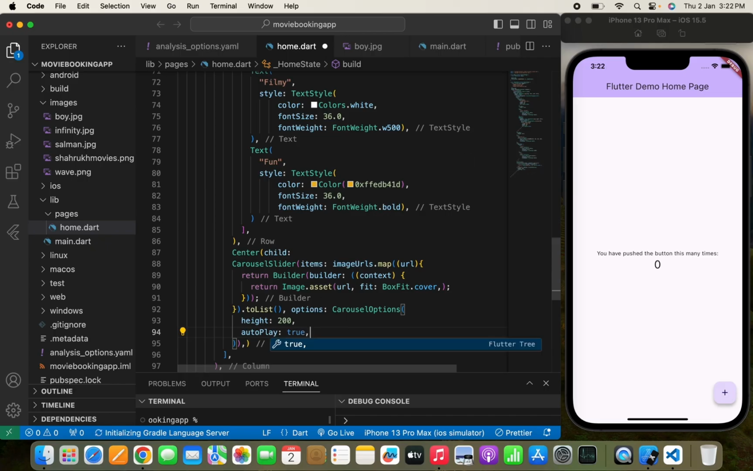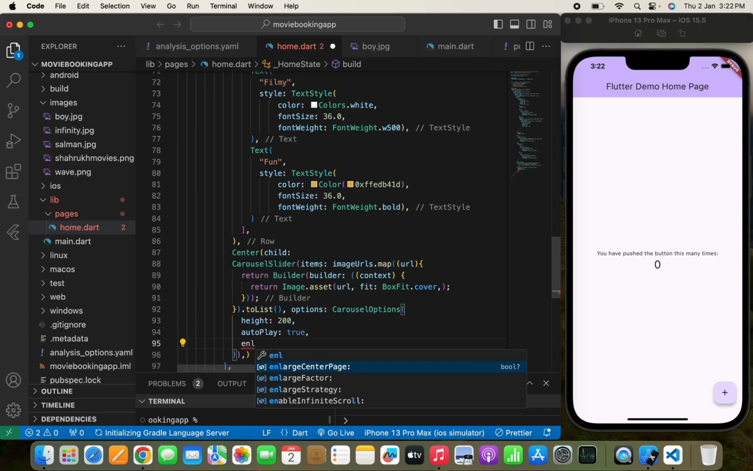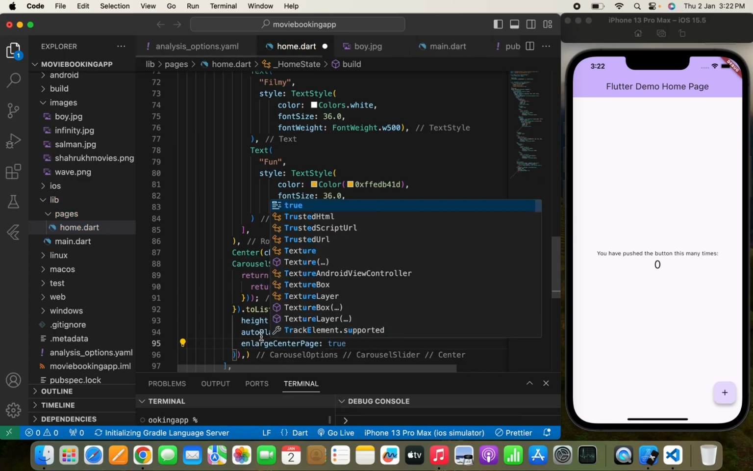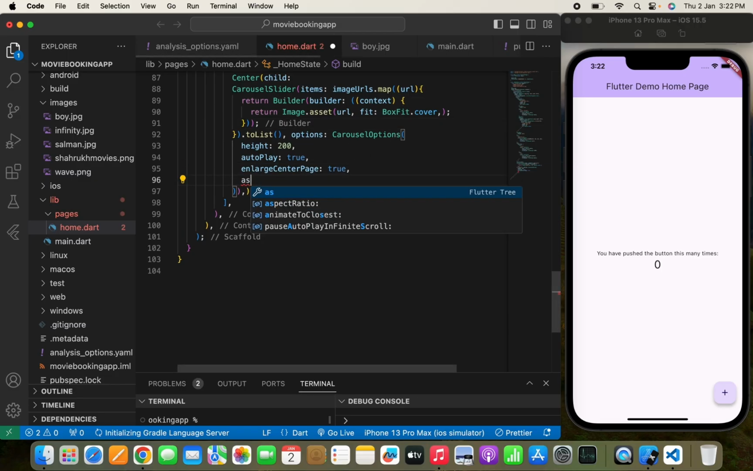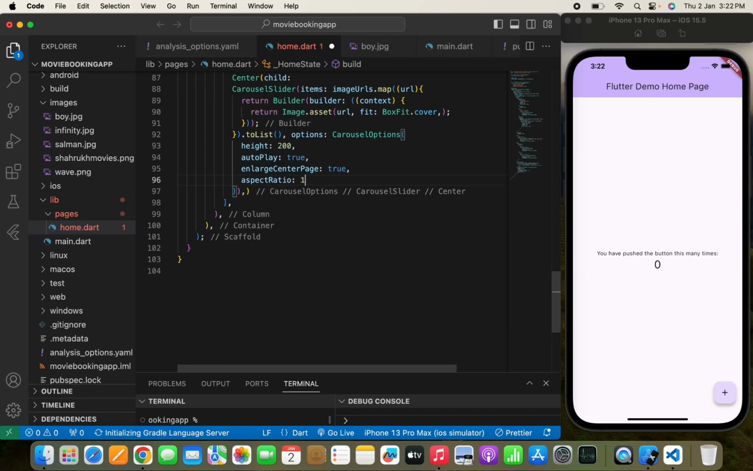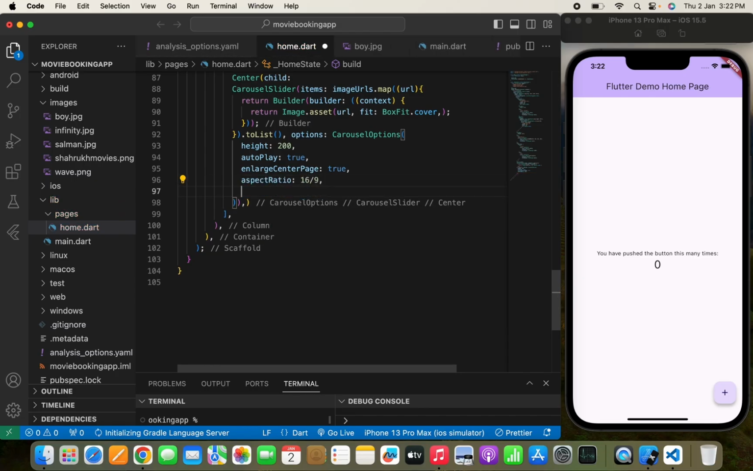Now there is one more option, which is enlargeCenterPage set to true. It will enlarge the center page that is on my home screen. Here the aspect ratio I'm going to pass is 16 divided by 9, and for the viewport fraction, let's pass 0.8. These are the things that you need to pass, like how much aspect ratio it should cover and what the fraction of the carousel slider should be. Let me rerun the app and show you how the carousel slider looks